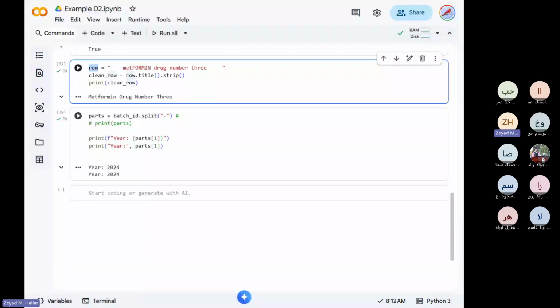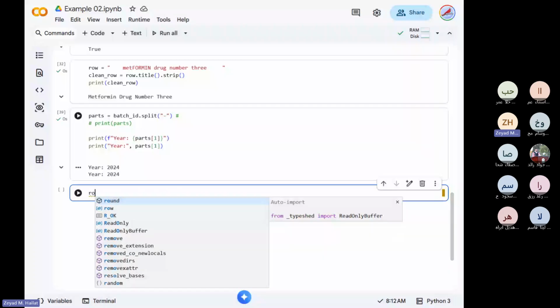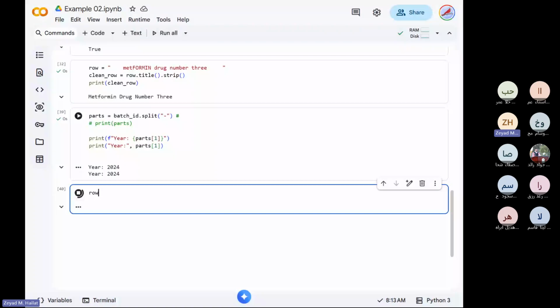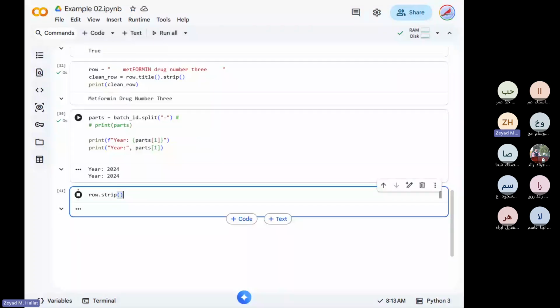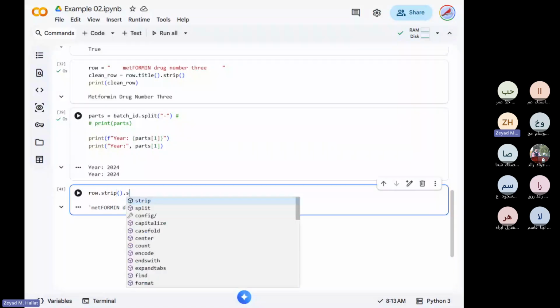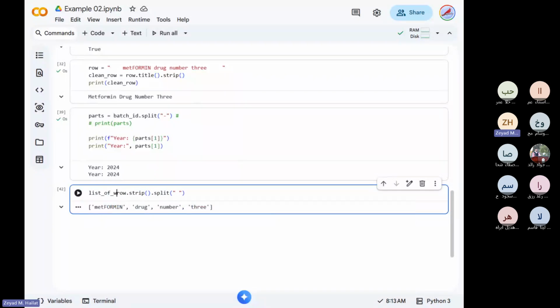I will take this row and then try to split it into the separate words that we have. Now, what's the name of our variable? It's called row. Let me just first make sure I have row correctly, and it does have the correct information. So I printed it. I wanted first to remove the spaces, so I'll just do strip. Okay, I don't have any spaces. Then I will do split. Now, what's the split that we were splitting based on? Space, right? So you can just type double quotation, leave a space, enter. Now you have it as a list of words